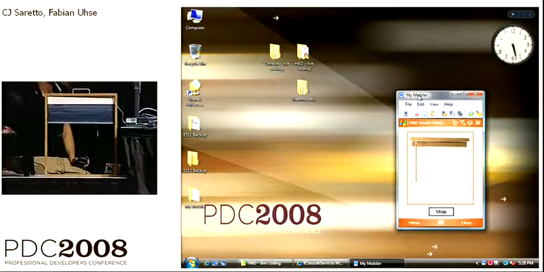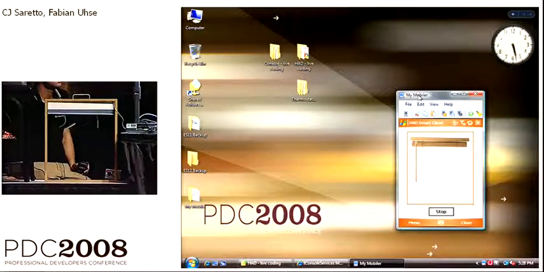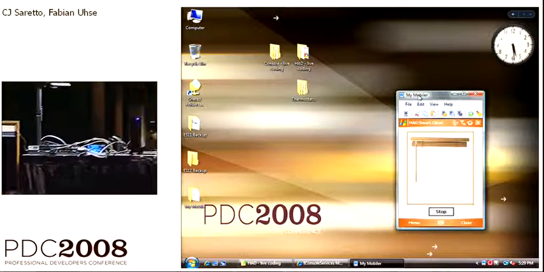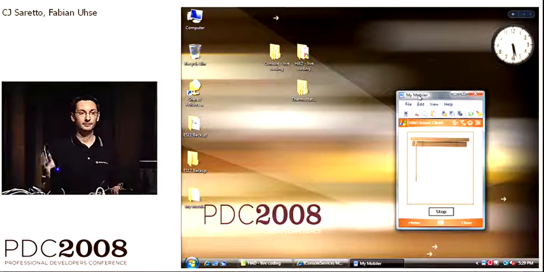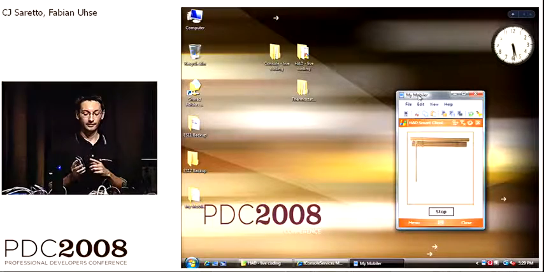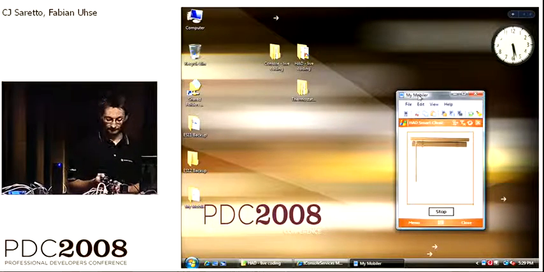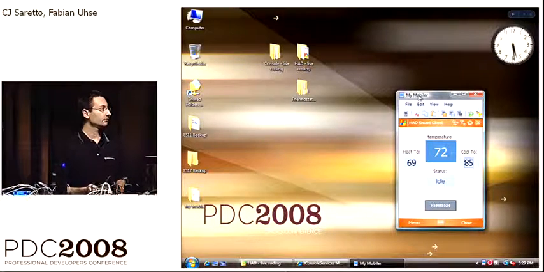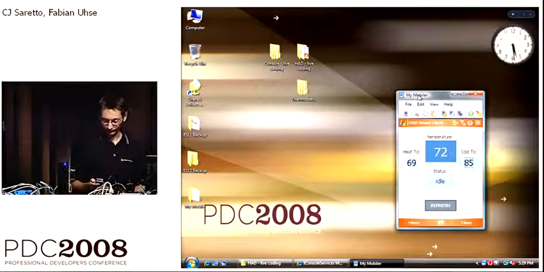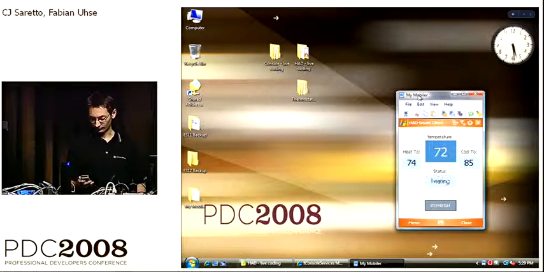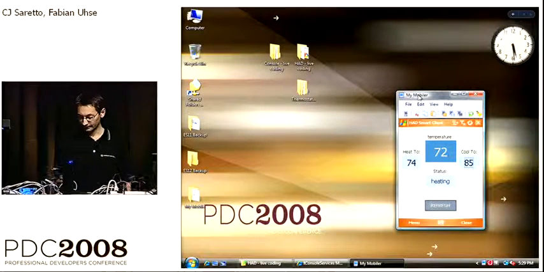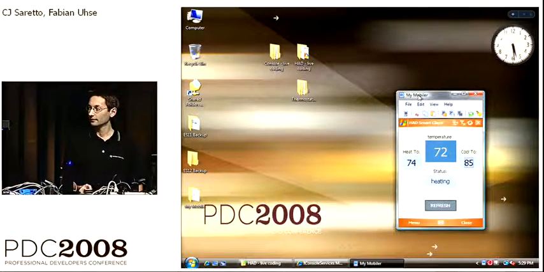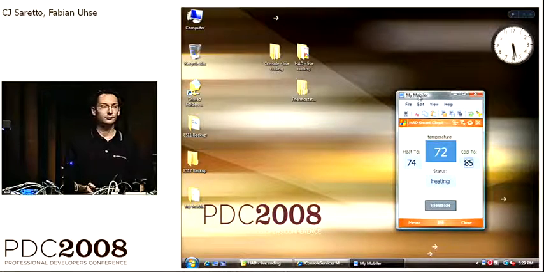And another idea: I just changed the temperature with the Windows Media Center, but maybe it's a good idea to change the temperature with my mobile device. So all I need to do is to switch the application, go to the thermostat, see the current temperature, and refresh it. So we're currently heating to 74 degrees, but I would like to cool the room.